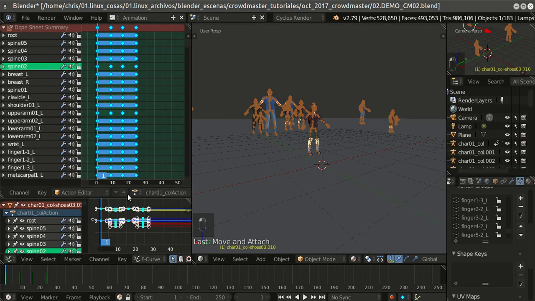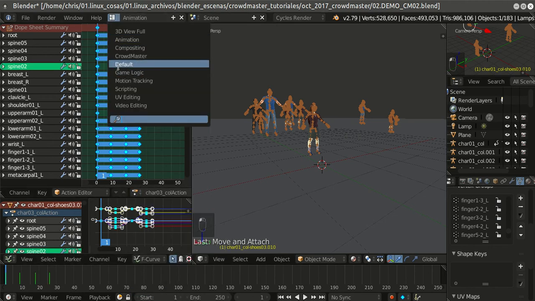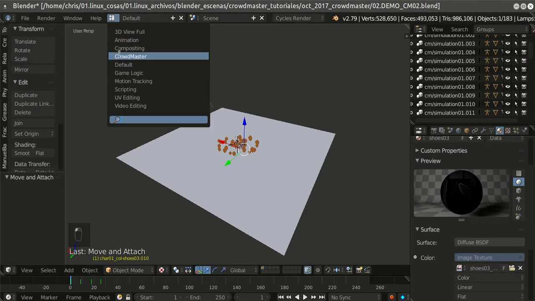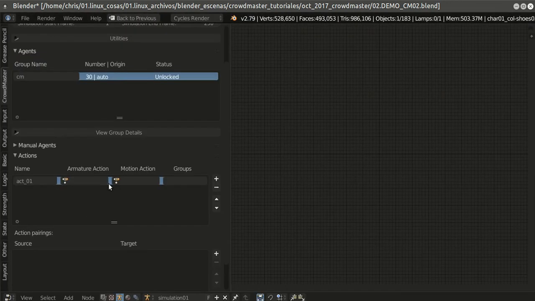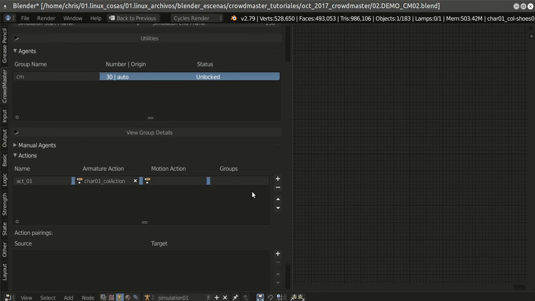This keyframe, the action 1, action 2, and action 3. Correct? Okay. The phone of CrowdMaster, no? I return to CrowdMaster. Correct. Action 1. Here repeat. Char call action 1. And for another